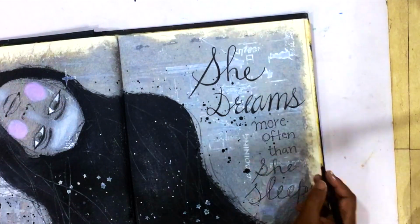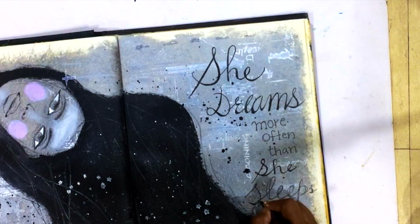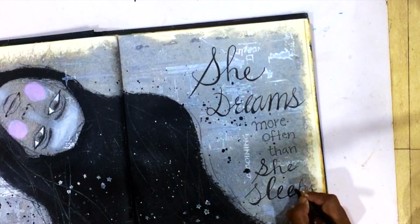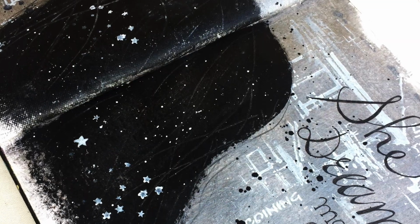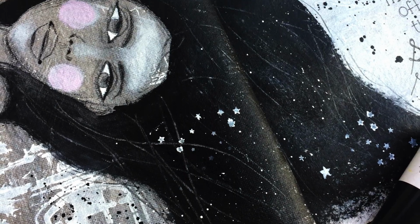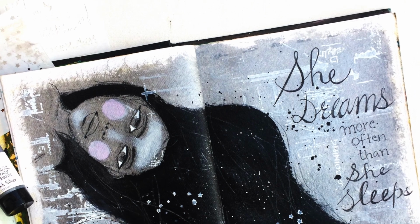So I had so much fun creating this page, and I really love how it turned out. Black and white has such a great appeal to it, so I just love this entire layout, the process, and how the end result came out to be. I hope you enjoyed the process, and all the supplies I used are listed down below, so take a look,